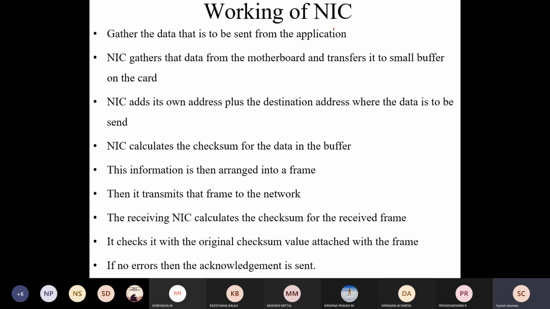And how exactly does the network interface card work? I am talking from the application to the physical layer, so in that way we will go through this working. First, gather the data that is to be sent from the application. It will gather from the motherboard, correct? So the NIC gathers that data from the motherboard and transmits it to a small buffer on the card. Depending on the buffer sizes or the frame sizes, the data will be